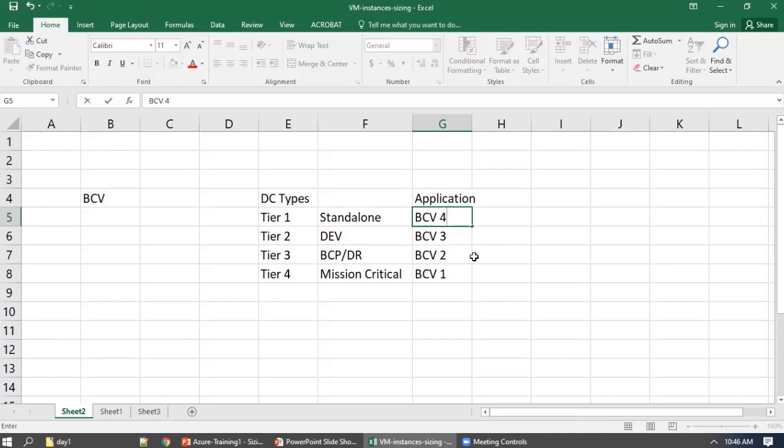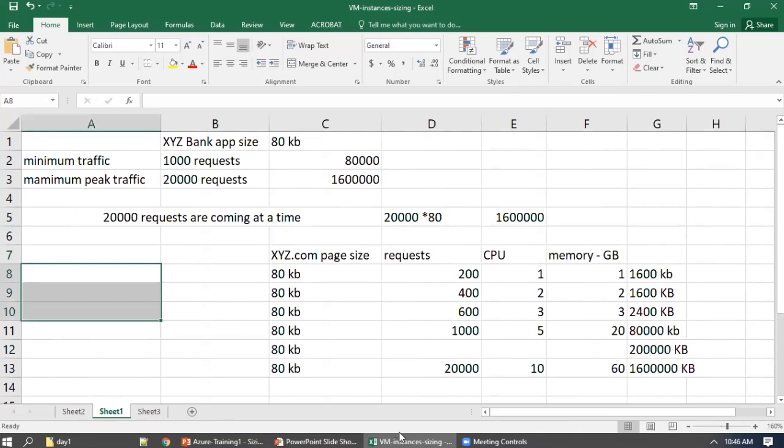You need to first identify which category in BCV value your application falls into. Then it will be easy for you to map it. Of course, there will be custom deployments based on the client budget. This is the general idea, to start with. This is the easiest table you can map it with. Let's go for the next one.